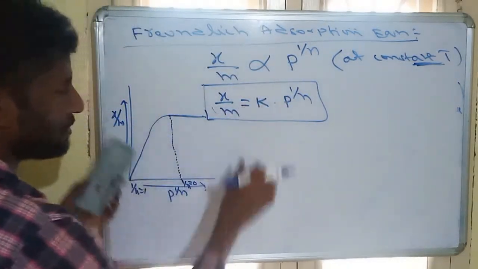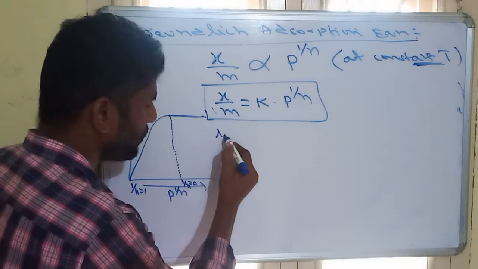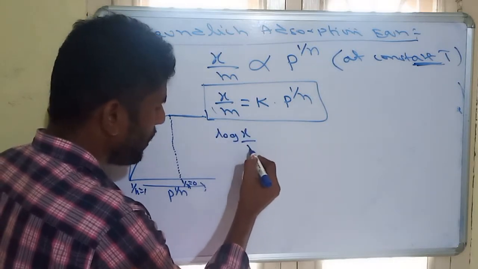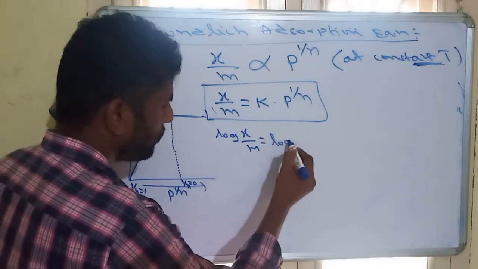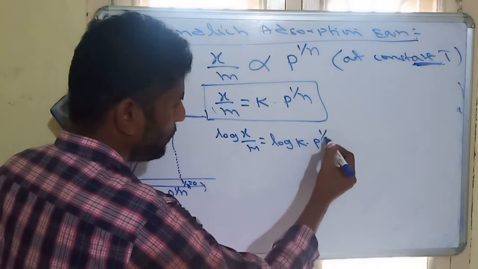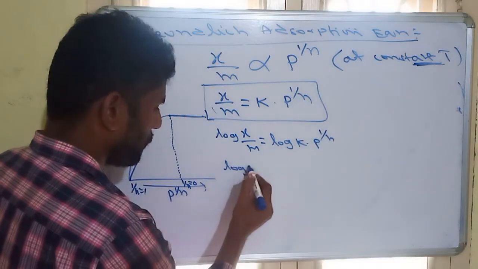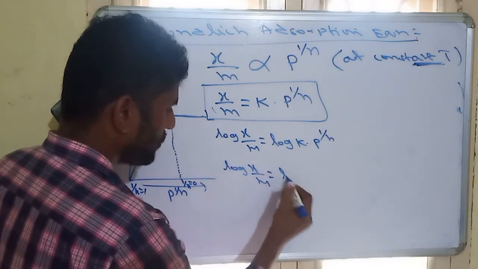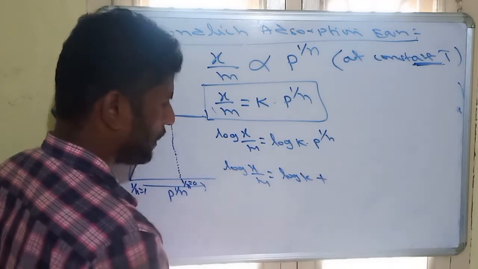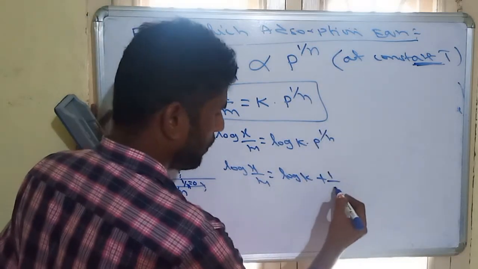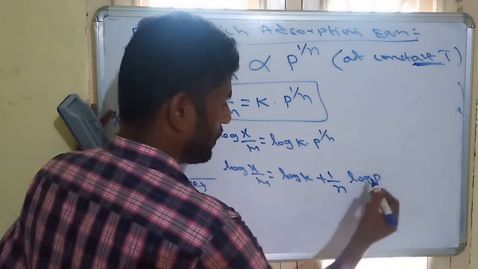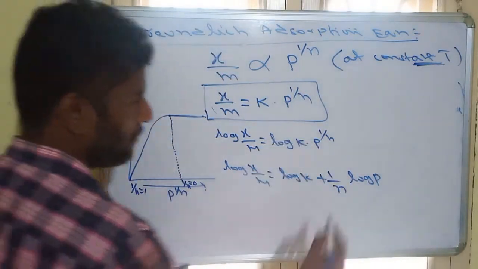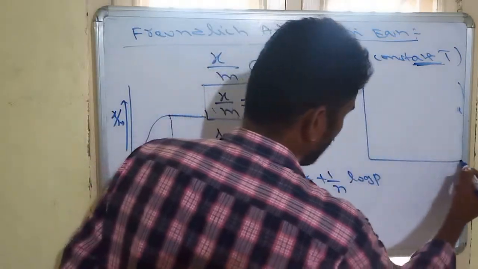So for this equation, when you are applying log on both sides, it will become log x/m is equal to log k into p power 1/n. From this, log x/m is equal to log k plus 1/n will come before log p. So to this equation, when you are writing a straight line graph,